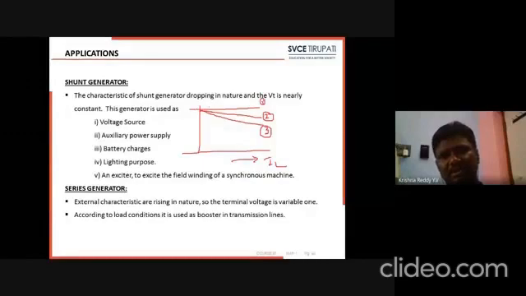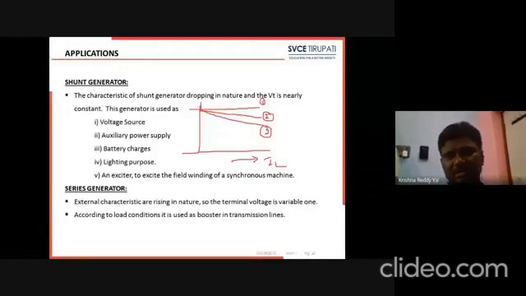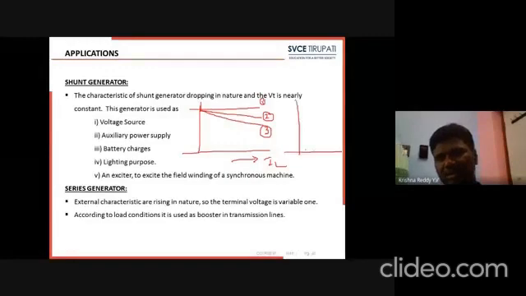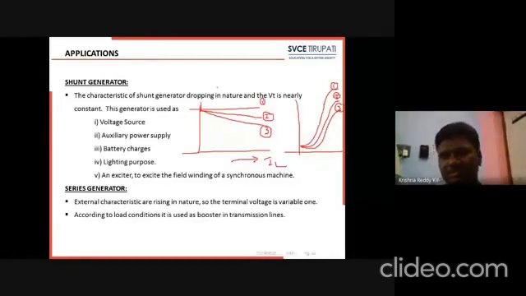A separately excited generator, shunt generator and compound generator have similar characteristics like this. But when you take a DC series generator, everything is connected in series, so it has rising characteristics. This is curve 1. When you include the armature reaction drop, this is curve 2. When you include the armature resistance drop and the series field winding resistance drop, this is curve 3. Curve 1 represents open circuit characteristics, curve 2 internal characteristics, and curve 3 external characteristics. This is for the shunt generator, and this is for the series generator.